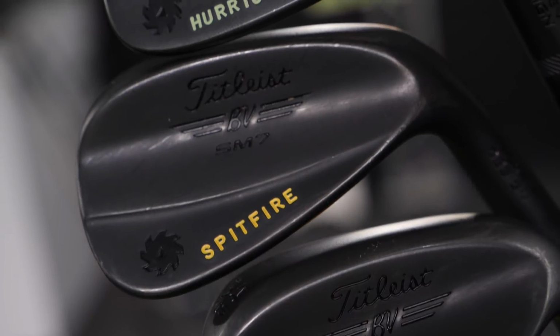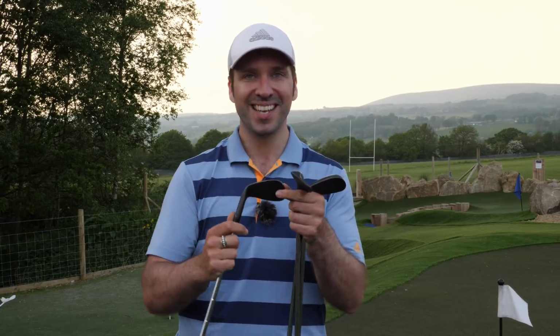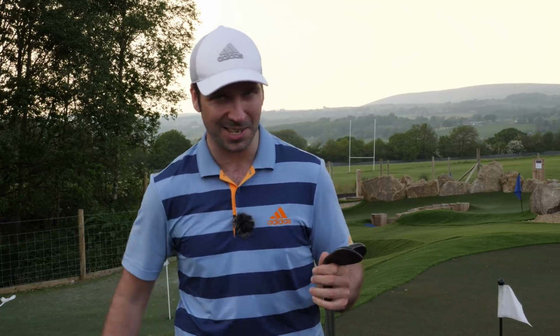Downwind, I could hit that Cobra 1-length wedge about 160. There's no point in doing that. You need more control over the scoring clubs. So I've gone for a 46 degree Hurricane. I've named all my wedges as well, and that's in the F grind, and we'll get into those in a minute. Then it goes on to the 50 degree, also in the F grind as well,